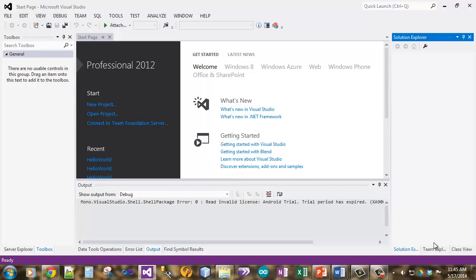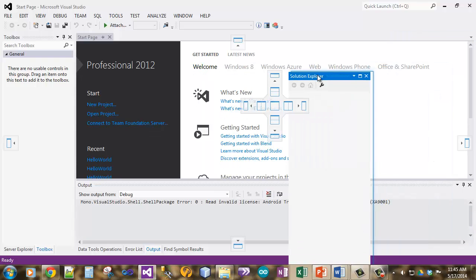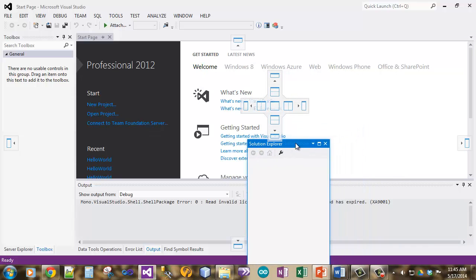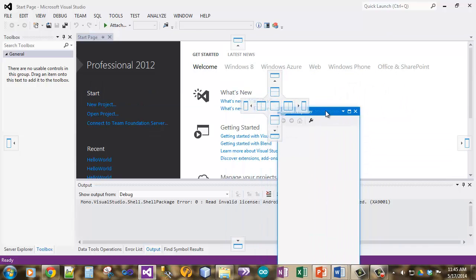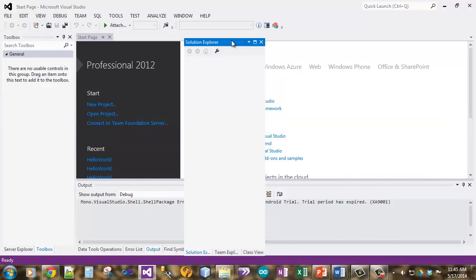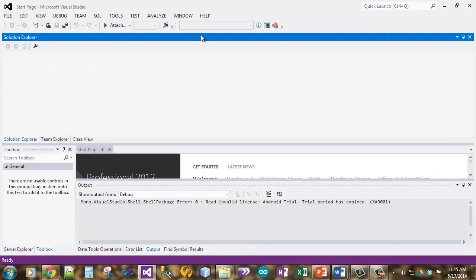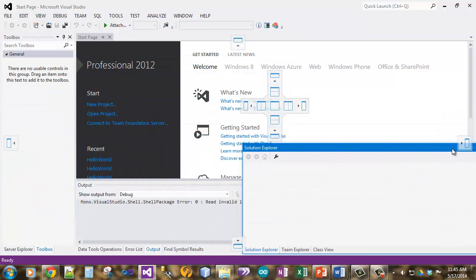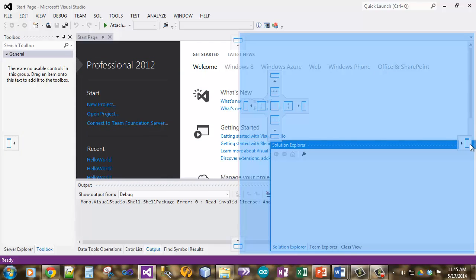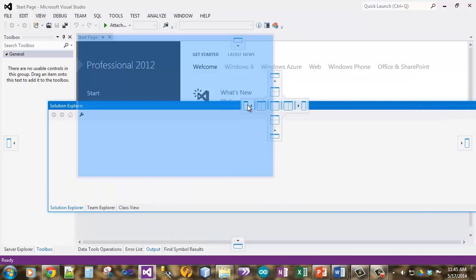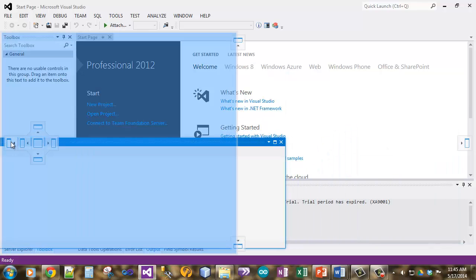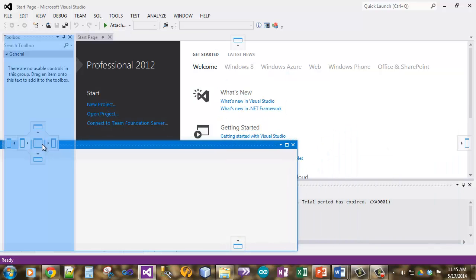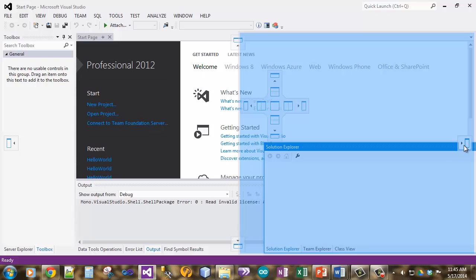And then we have this thing called a Solution Explorer. Our windows can actually be moved around, and you can see that they can be repositioned. So in this case I could put it at the top, but that's not a great way to look at our application, so I'm going to take my Solution Explorer and put it to the right. You'll notice that there are these little docking buttons which change to light blue whenever you are positioning the window somewhere where it can be docked, and so you can arrange this in whatever way